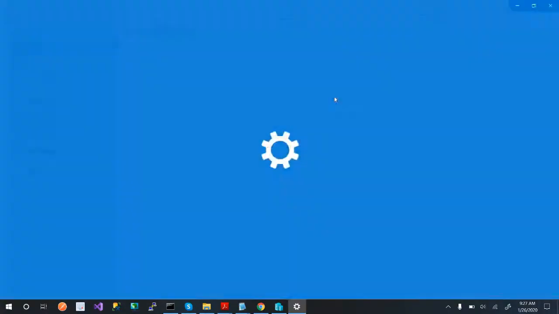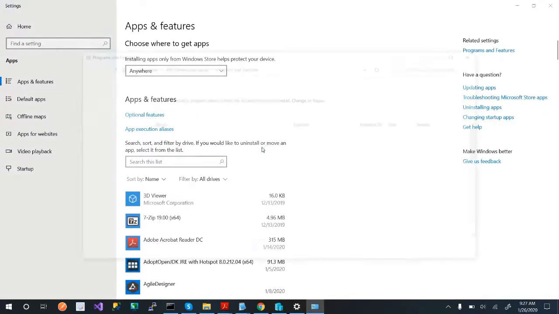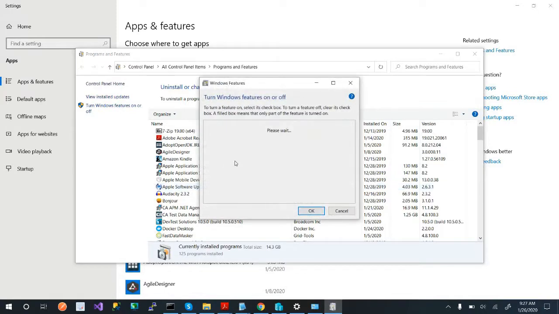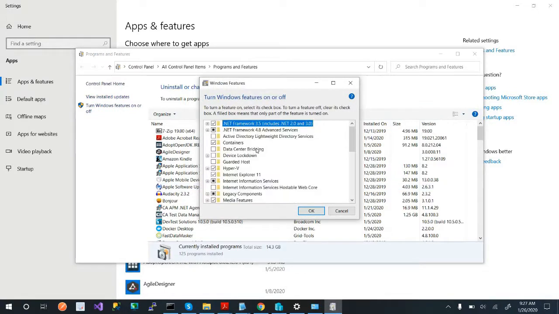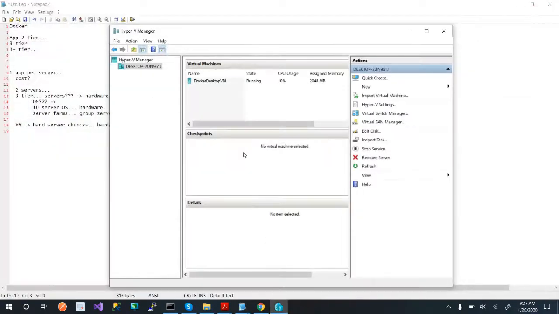If you go to Add and Remove Programs, and because we're going to talk about installing Docker as well, and in case you've noticed, that's where I'm going. If we go to Turn Windows Features On, now I have the latest and greatest, and I also use Professional. I have containers. Go ahead and check that. You're going to want that. But you also want to go down and make sure Hyper-V is checked. Okay. And that's pretty much all you have to do. And then we'll install it for you.